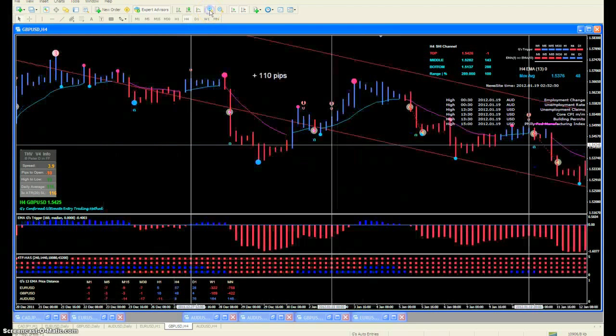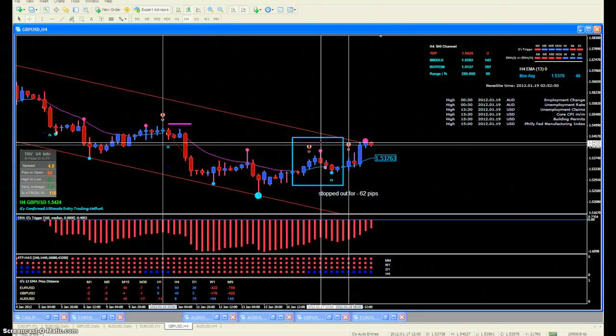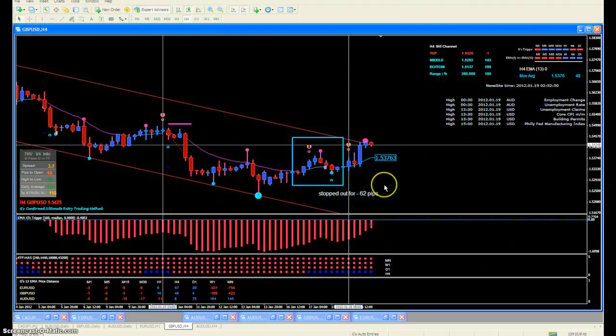Trade was stopped out for 62 pips. The stop loss was up here at the top where the semaphore is located. This was the entry here where this arrow is. 62 pips roughly. We're now waiting for